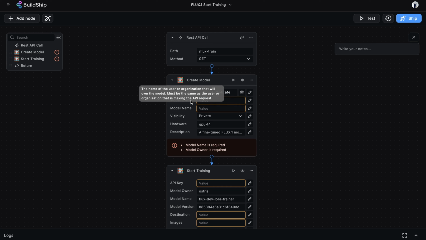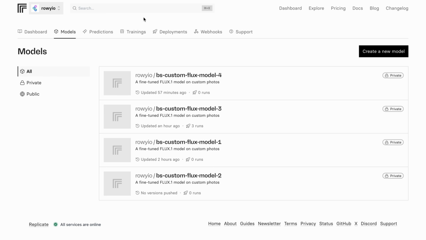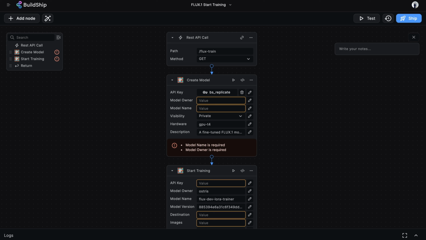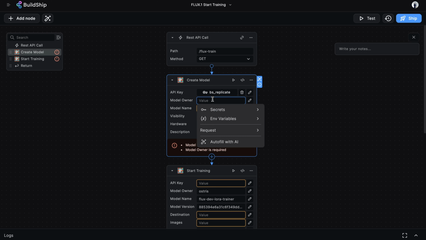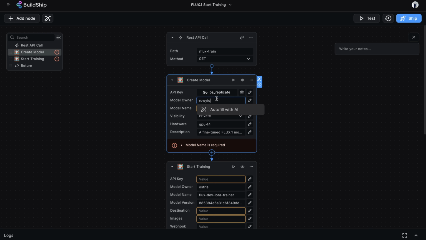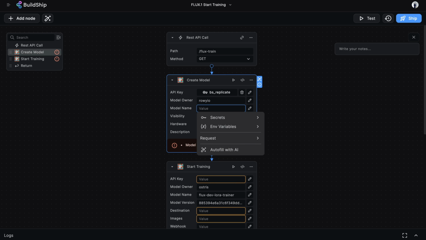Or if you're just using a personal account, then this will just be your username. In our Replicate dashboard here, we can see that we're using an organization account called Rowie.io. So for our model owner, we'll enter Rowie.io. Next, we need to provide a unique name for our model. For this, we'll enter BuildShip